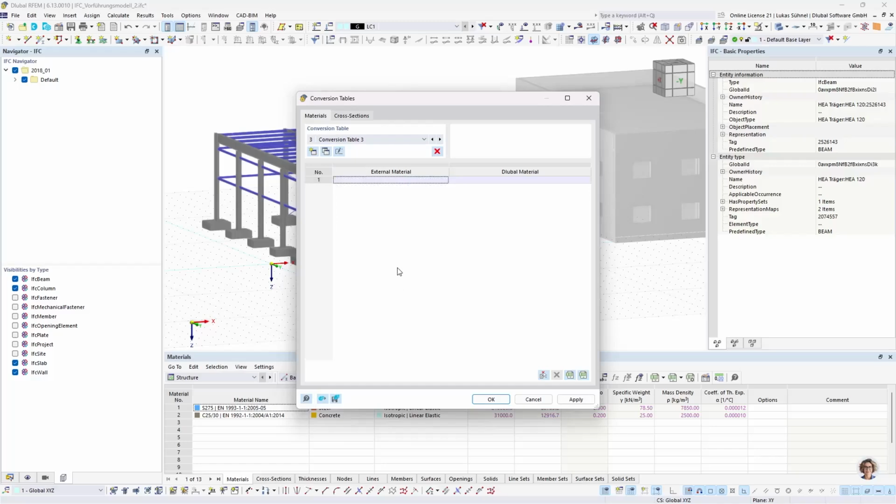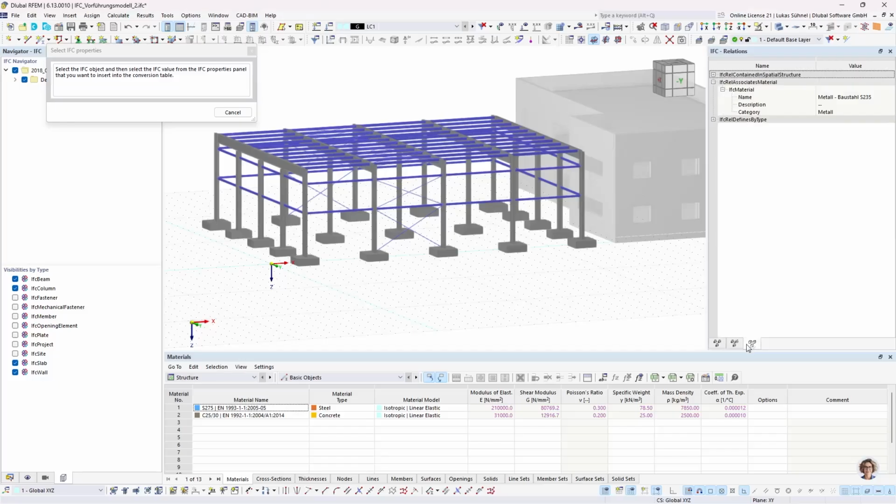That's also possible. Instead of the IFC import filling the tables, we can also fill them manually, with this little button on the bottom right: Add new entry from IFC object. So now I'm in the material conversion table and I want to import the external material name. I select this icon and go into my navigator and select here